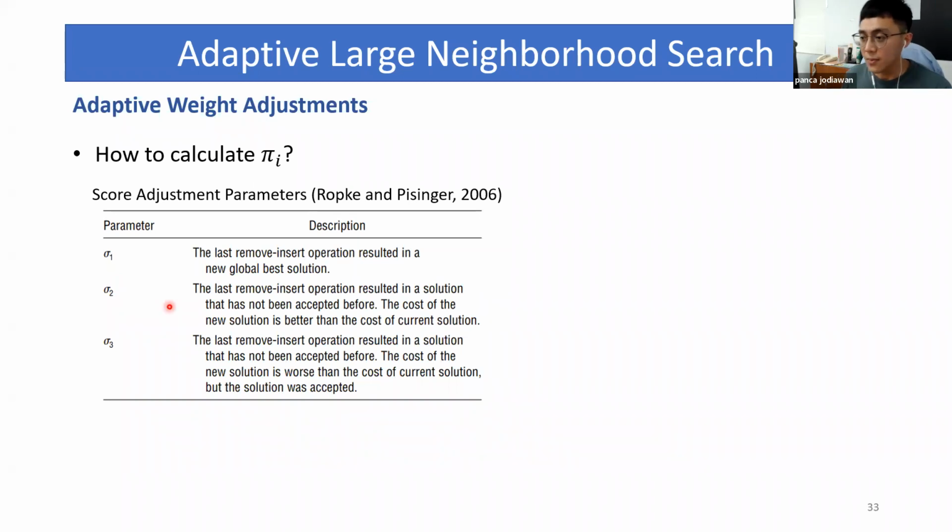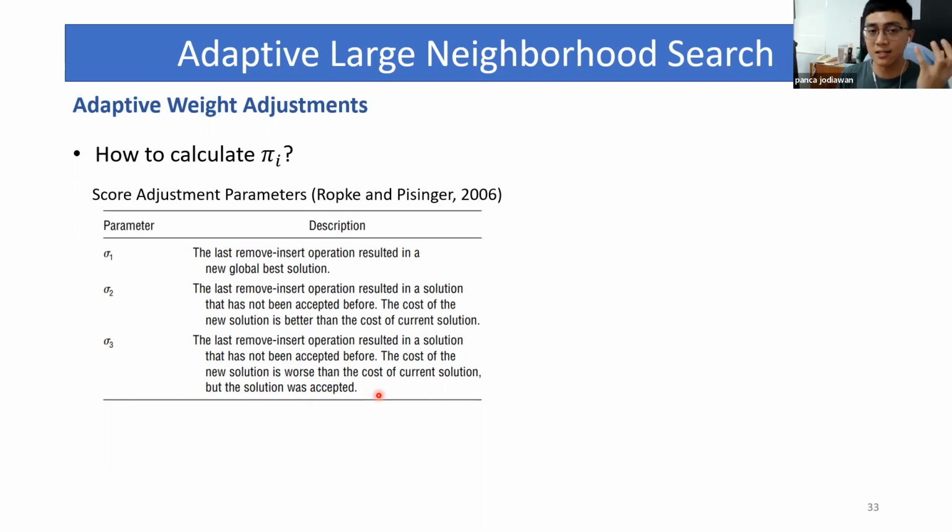And then the third one is similar to the second case, but this case is when the cost of the new solution is worse than the cost of the current solution, but the solution was accepted by the simulated annealing framework. As we remember, when we apply simulated annealing, we will not directly reject the worse solution.